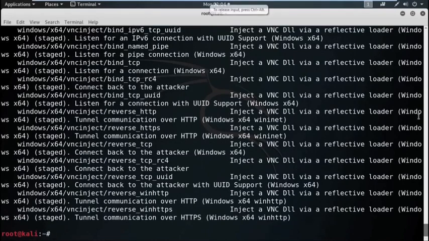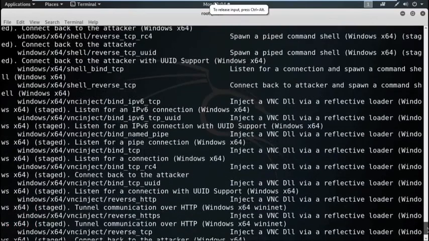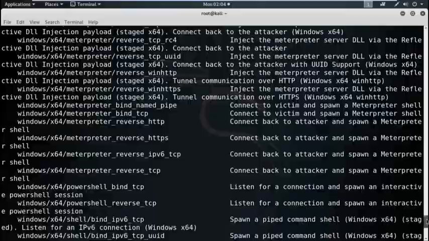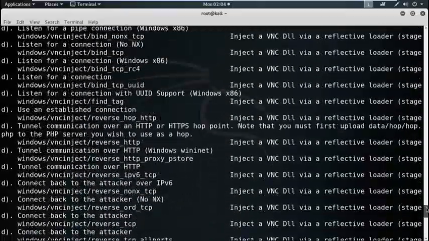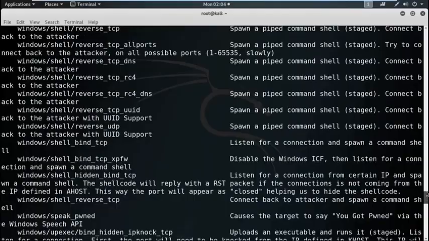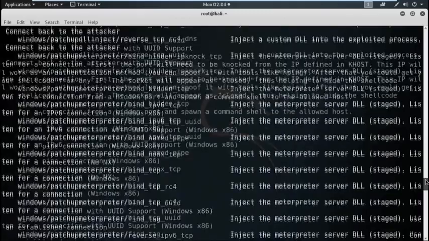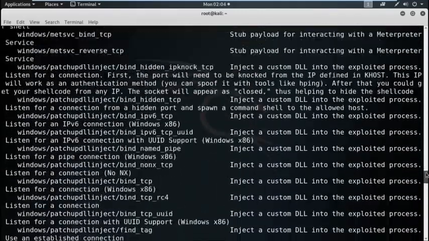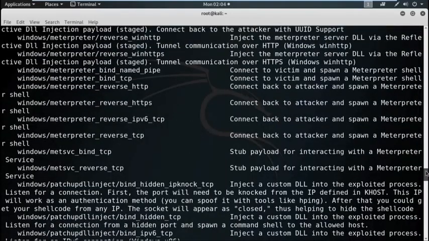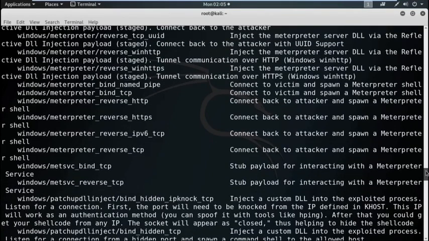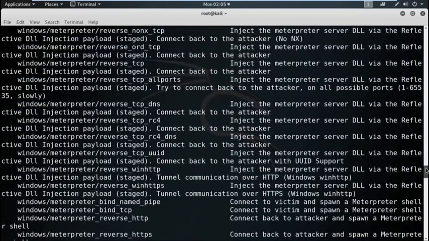Now, see here is the list of all the payloads available in MSFvenom.